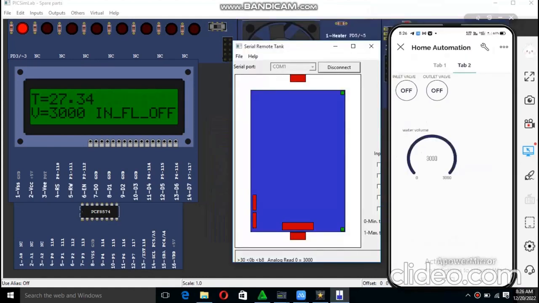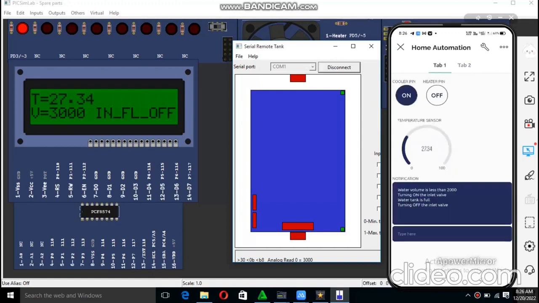Here, our last requirement is the serial remote tank control. When we connect our serial tank to PixSimLab, the volume of the water in the serial tank starts increasing automatically. Here, the serial tank resembles the actual water tank in our home. When the volume of the water reaches 3000 liters, the inlet valve turns off automatically and sends a notification to the Blynk IoT app. When we turn on the outlet valve,